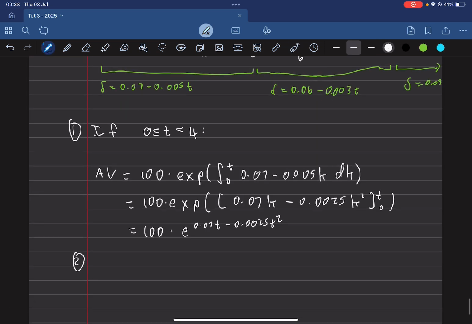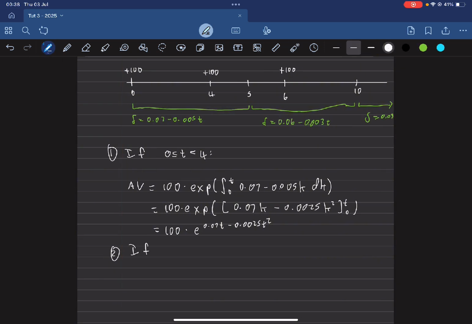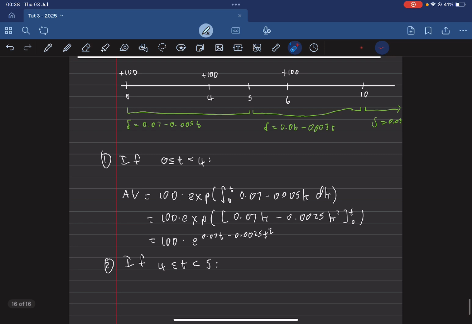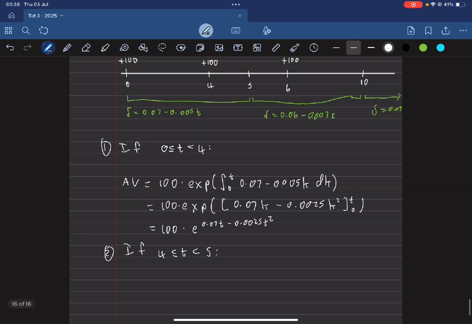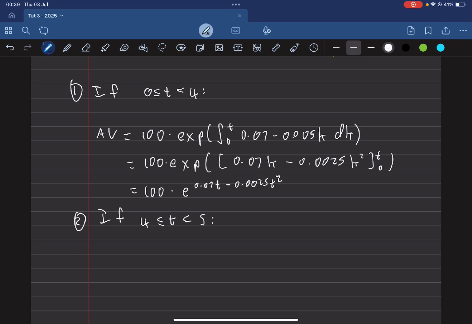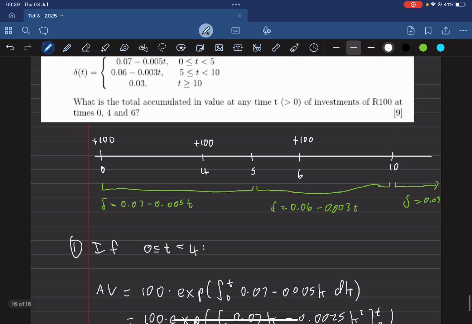So now let's do our second interval. So this is if t is greater than or equal to 4, but less than 5. Okay. So basically this is this interval now. So now what we have to do is we've moved this 100 forward here. Now we have to move that 100 forward another 1, and we have to move that 100 forward. So let's start with our first one. So your accumulated value is going to be, let's start with,